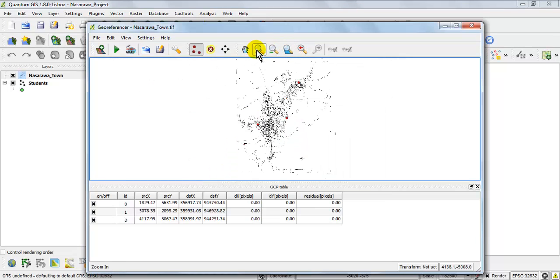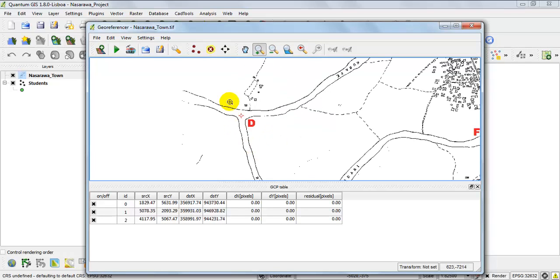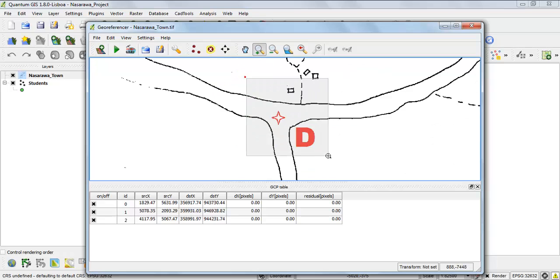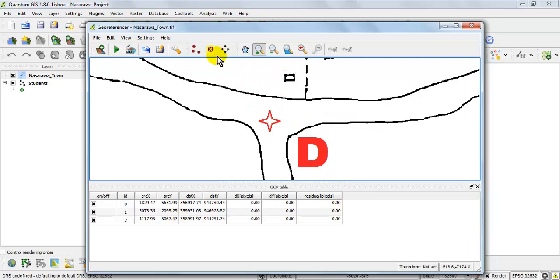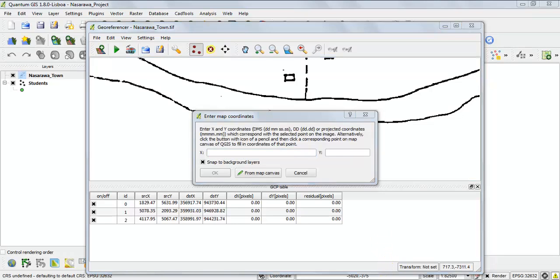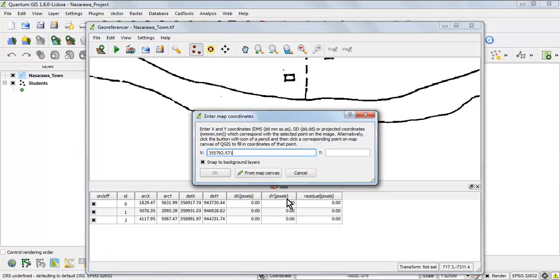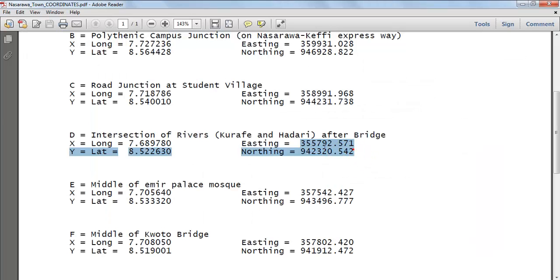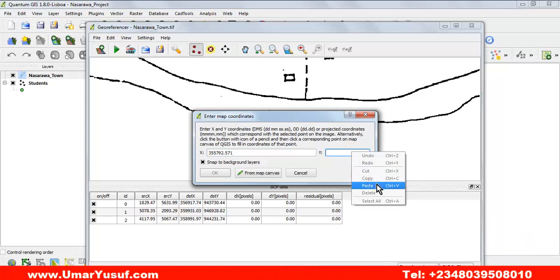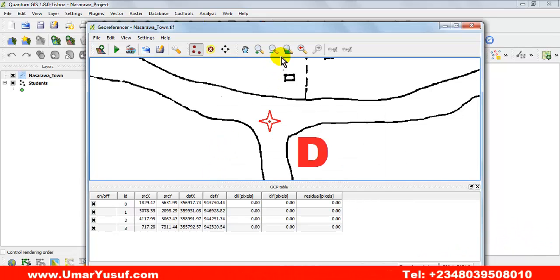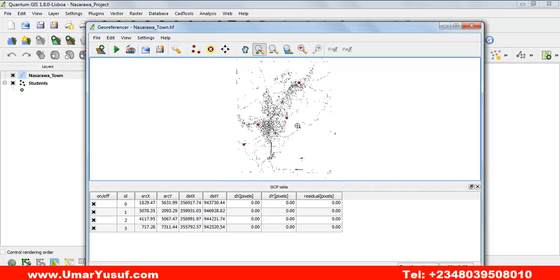Repeat the same thing for D. Add control point. Then copy the coordinates for D. X is for easting. And then Y is for northing. Then click on OK. Then repeat the same thing for the last two control points.